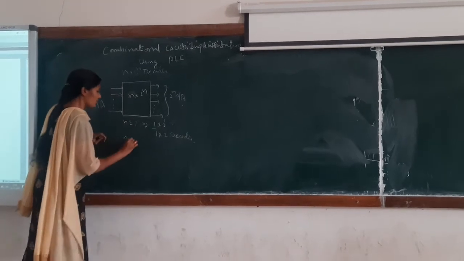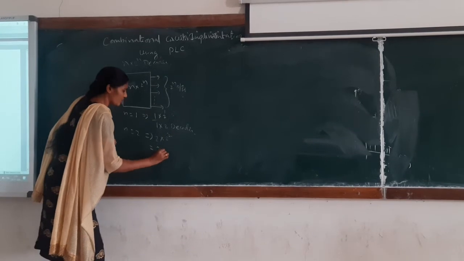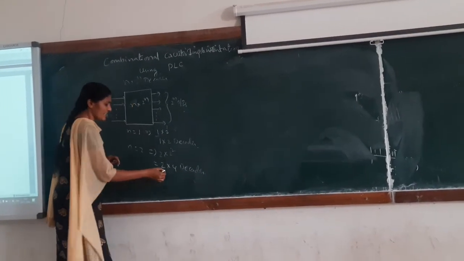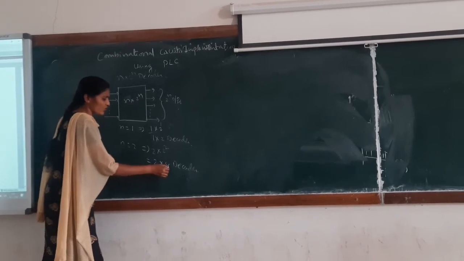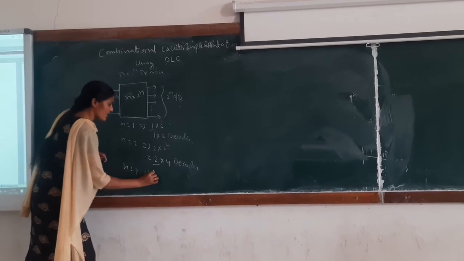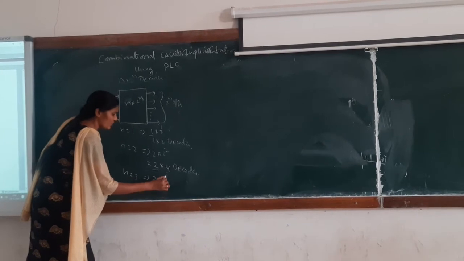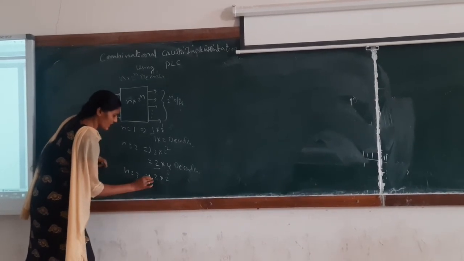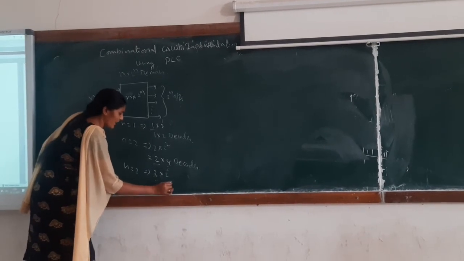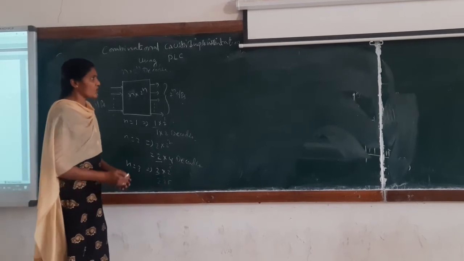If n equals 2, it gives 2 to 2 power 2, that is a 2 by 4 decoder. That means it has 2 inputs and it produces 4 possible outputs. And if n equals 3, then 2 cube is 8, so it is a 3 by 8 decoder. When we give 3 inputs, it produces 8 possible state outputs.